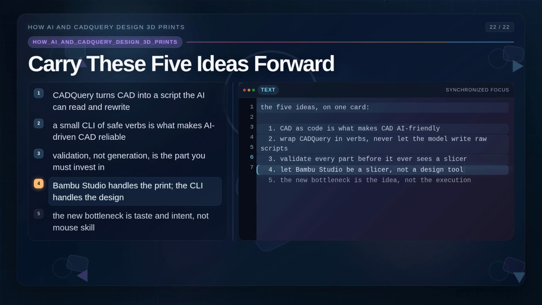Let Bambu Studio be a slicer, because that is what it is excellent at. Do your design somewhere else, in Python, in a place where the AI can help. And finally, the bottleneck of the whole pipeline has moved upstream. The new constraint on what gets made is not whether you can drive Fusion. It is whether you have an idea you want